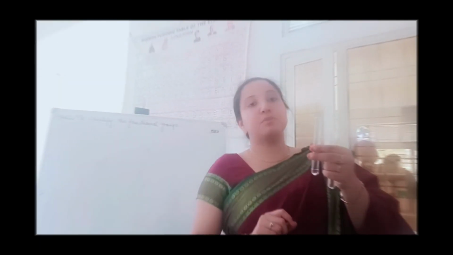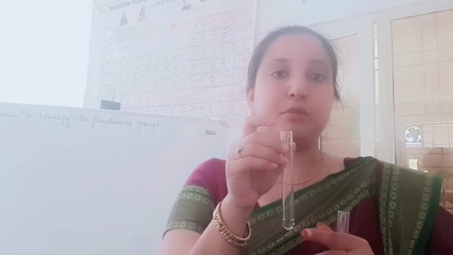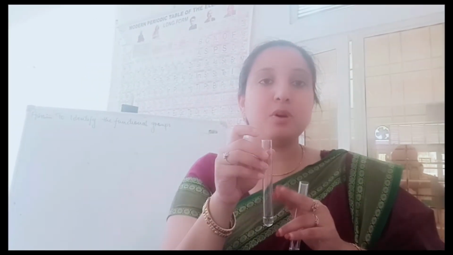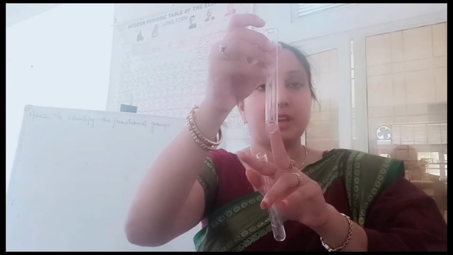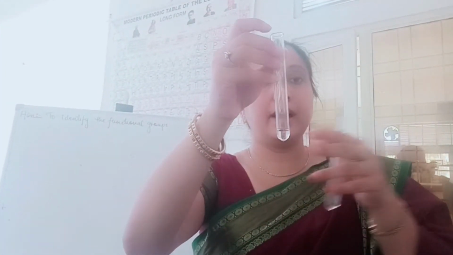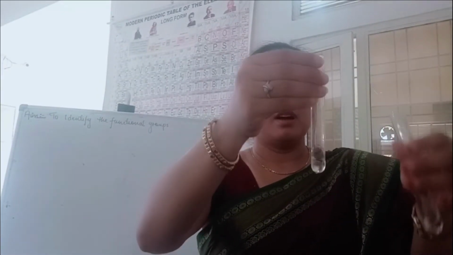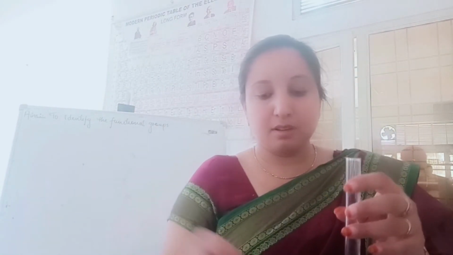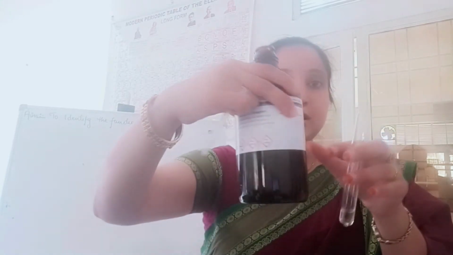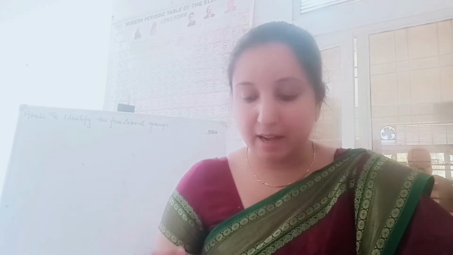The next test which we are going to perform is to detect the presence of the aldehyde group. Now this test is what? It is the Schiff's test. In this particular test, what we have done, we have taken an aldehyde. To the aldehyde, you are going to add a little amount of alcohol. After adding the alcohol, you require to add Schiff's reagent to it, which is this. This is the Schiff's reagent. So let's add it.